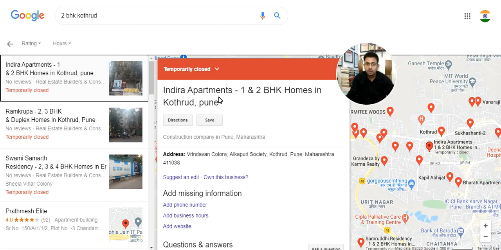In this way, someone will search for 2 BHK Vashi, Navi Mumbai, 2 BHK Dwarka, 2 BHK Rohini, 2 BHK Bangalore, 2 BHK Hyderabad, or 2 BHK Jubilee Hills, 2 BHK Vizag, something like that. You need to be specific.